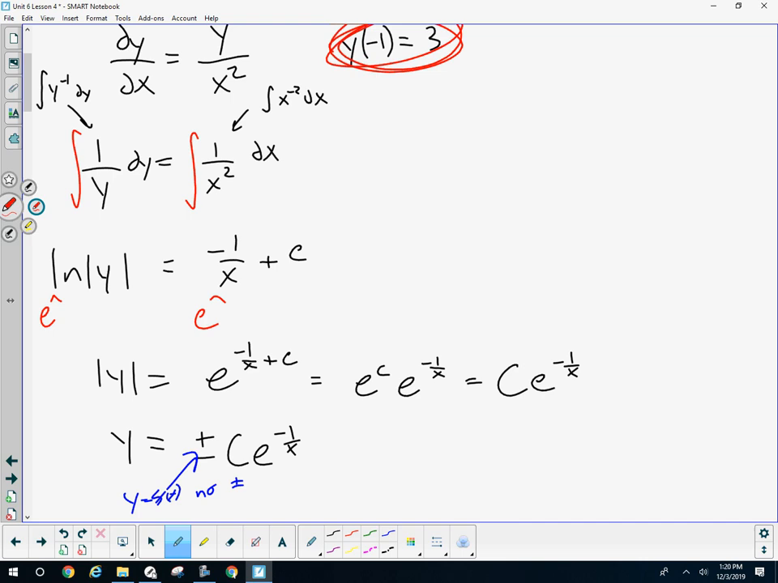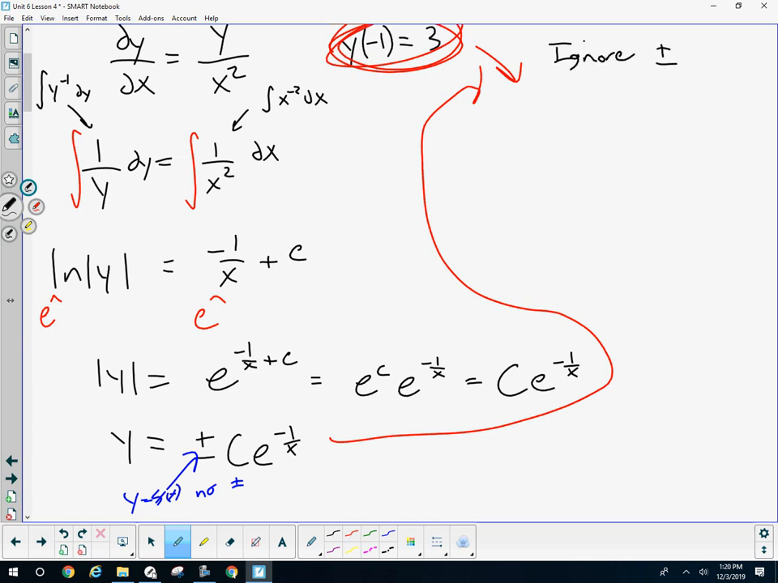Okay, and this is important. If I'm going to take this and this to find C, I'm going to ignore the plus or minus because of where C is located. If I find C is positive, it's going to be just like positive C. If I find that C is negative, it'll be baked into that C. So ignore the plus or minus, plug in the 3 and the -1, and you will find the correct positive or negative C. I get C is equal to 3 over e,